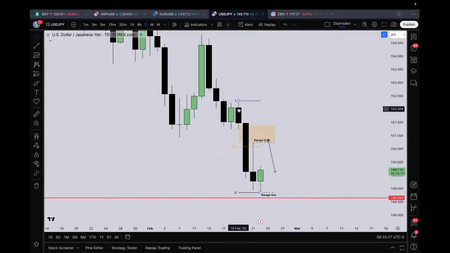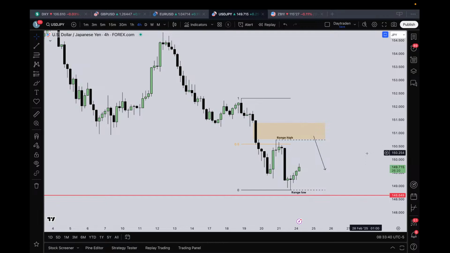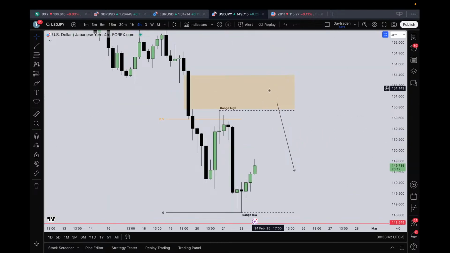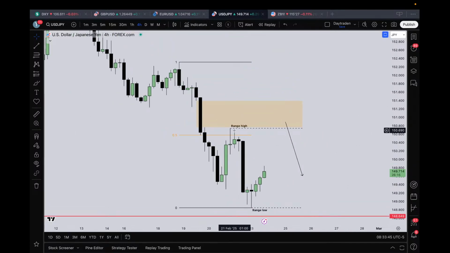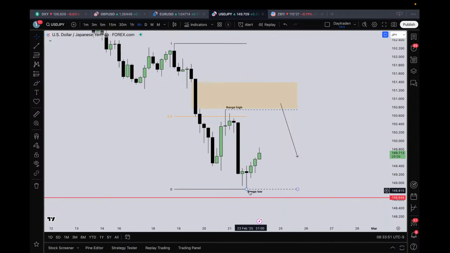This is the daily range that I'm going to be playing with because I do not want to see this order block violated. So I want this high to be protected. Over here we have a 4-hour fair value gap. We have a short-term high that has not been tested. I want this to be our range low. So we have a range high, range low, a lower time frame range within the bigger time frame range.